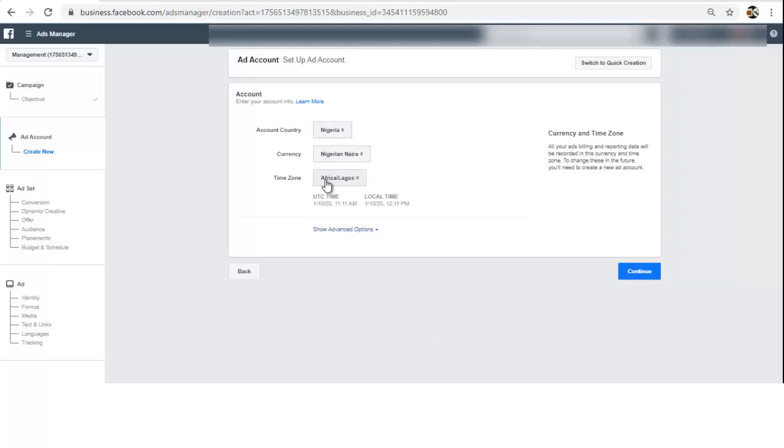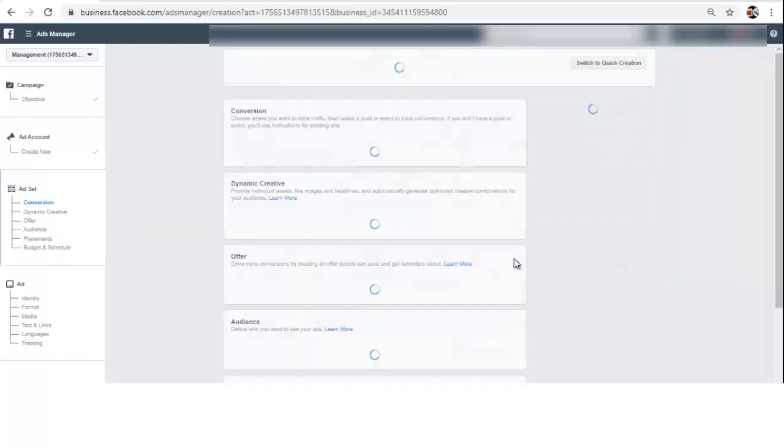The reason why I'm using a Naira account is to rule off that notion that a lot of people have, that when you use a Naira account, you don't really get a lot of results. It's not really true. So you can decide to use a Naira account or a dollar account, whichever you're comfortable using. I have Naira accounts, I have dollar accounts. But for this we're going to use the Naira account to make it really easy for you to make payments, right? So I'm going to click continue